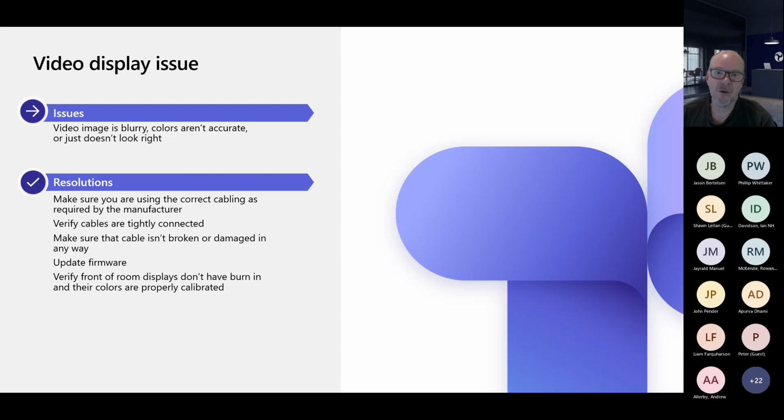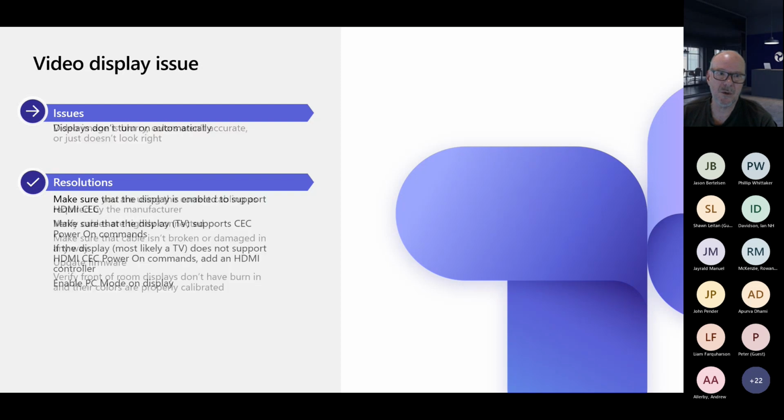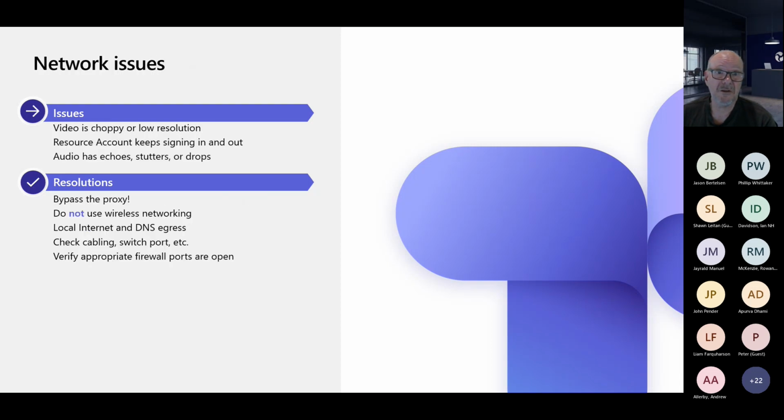Generally cable issues, and it could also be that CEC support. We talked about that a little bit yesterday, where the monitor, the TV, doesn't start automatically when you launch the meeting. Some devices don't support it, or there might be a setting in there for turning it off. Just general, typically it's networking issues. So if the video is poor quality,